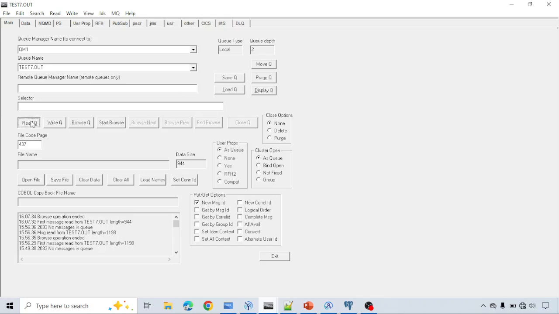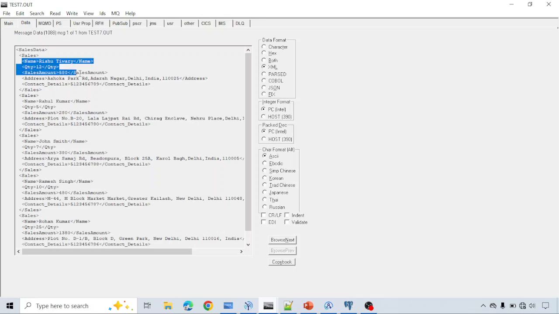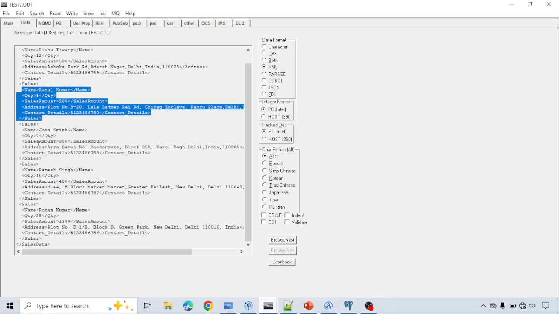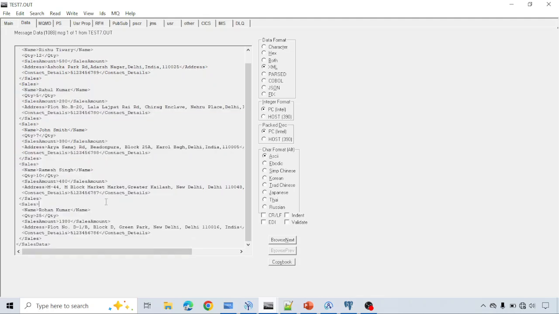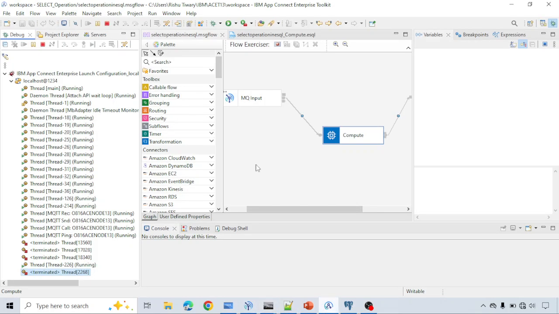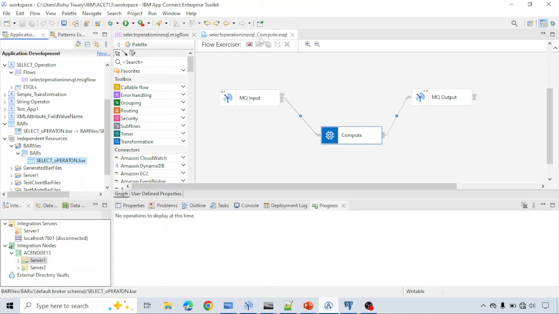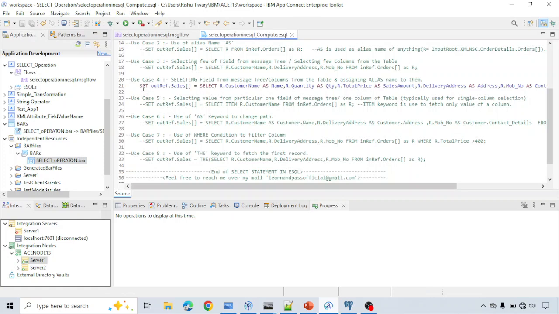Let me browse the latest message. You can see the fields are as expected, right? So in this way we can change the name of the field also. So the fourth use case is how we can change the name of the field with the help of alias, name, age also. Okay, so in the fourth use case we have seen changing the name of the column